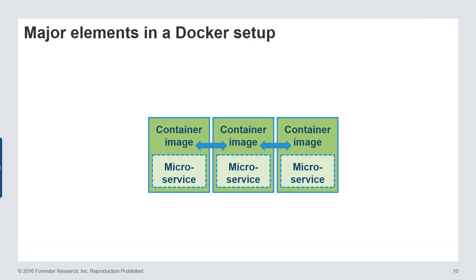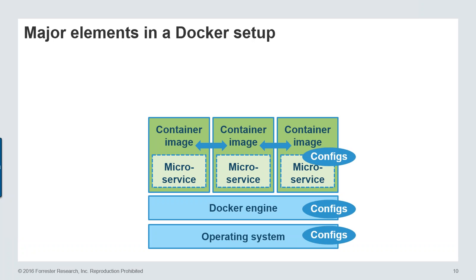And these container images might be able to talk to each other, so a microservice can talk to another microservice to coordinate things. Underneath that, it's the Docker engine that is running and controlling the operation of containers, and that's running on an operating system. There are configuration files that control each of these. The operating system, well, not only just files, there's a variety of configurations, but they control the operating system, Docker, and how